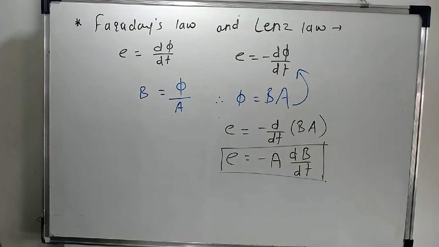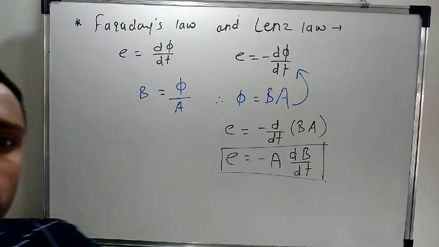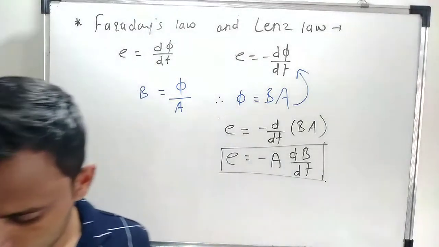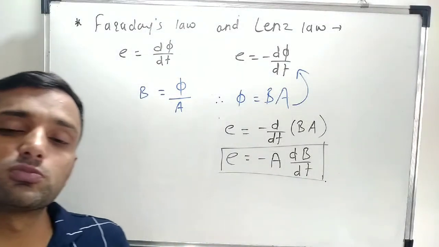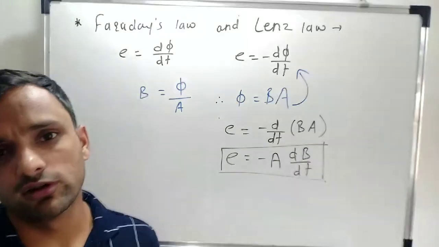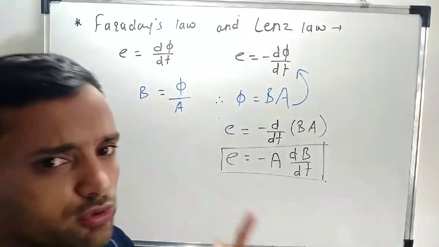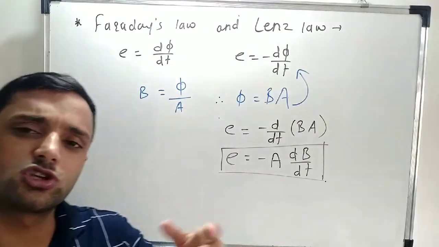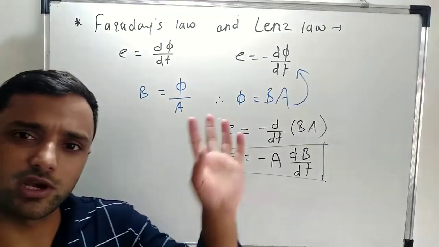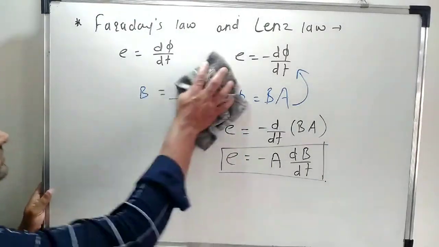After that we have the next one, that is motional electromotive force. Motional means due to the motion of an object. Motion means here the conductor is continuously moving, either the conductor is moving in a uniform magnetic field or the magnetic field is changing. So we can change the position of the conductor in two different ways. We have two different cases in this.